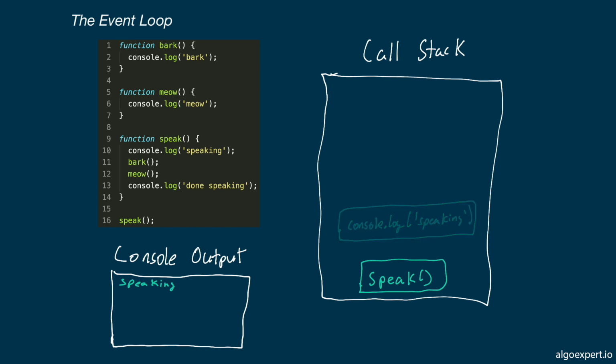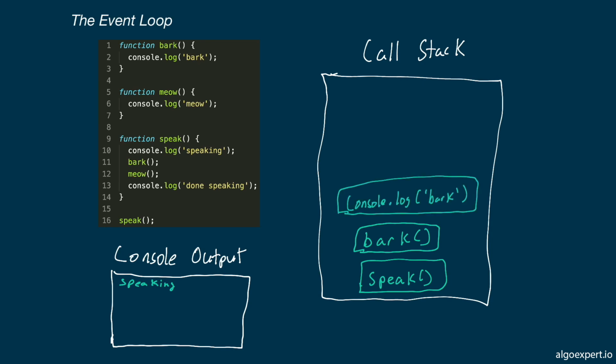of the call stack. Then we continue through the speak function, and we call bark, which pushes bark onto the top of the call stack. Within the bark function, we call console.log of bark, which again pushes console.log onto the call stack, this time with bark as its argument. And again, once bark gets logged out, the console.log function ends, and it gets popped off of the call stack. This is also the end of the bark function, so bark gets popped off of the